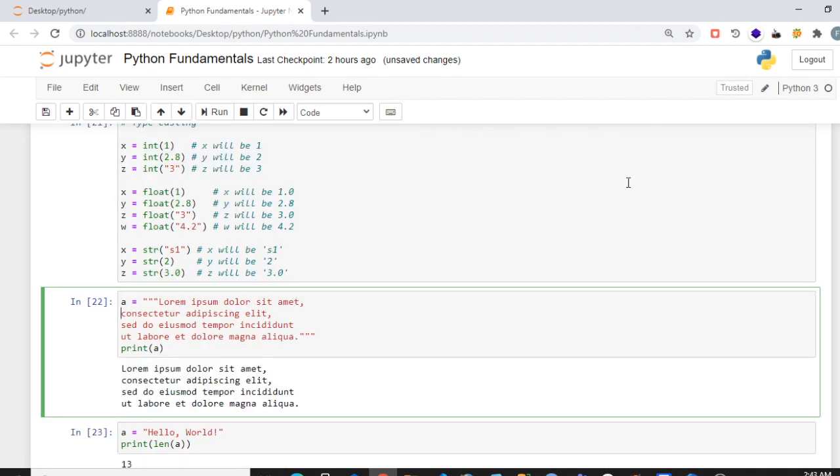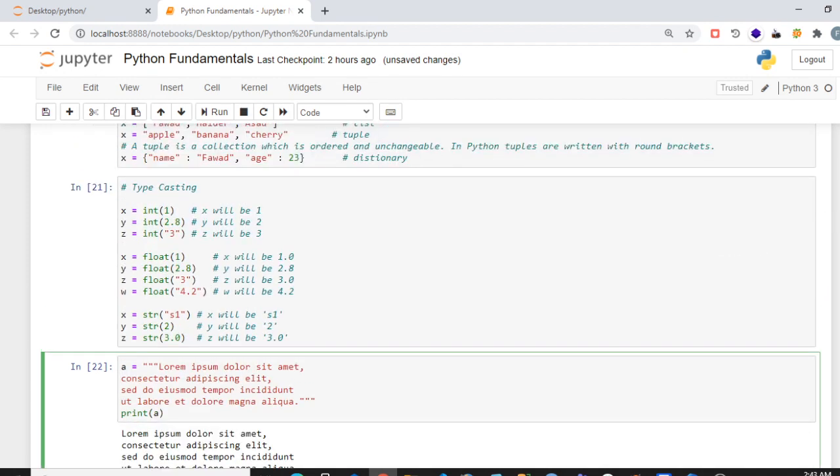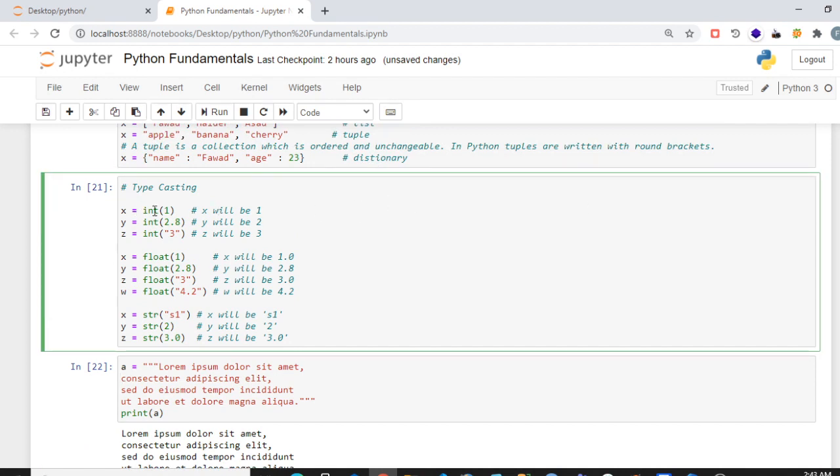Then we can do typecasting in Python. Like we can convert from integer to integer, float to integer. If we convert float to integer, the pointed part will not be stored in integer because integer cannot store floating values. So it will only store the value 2.